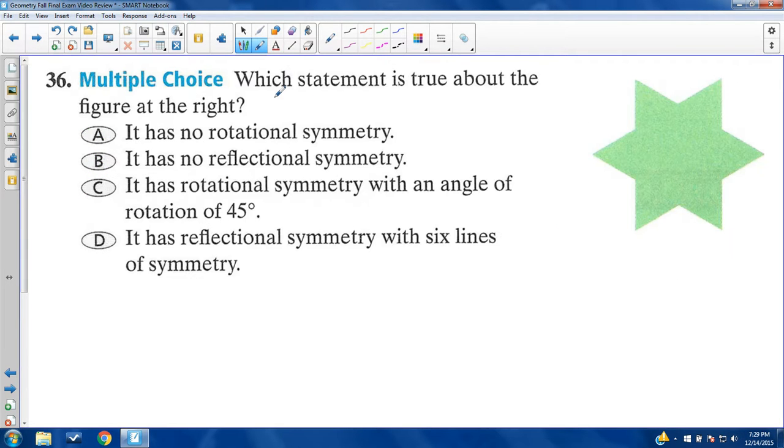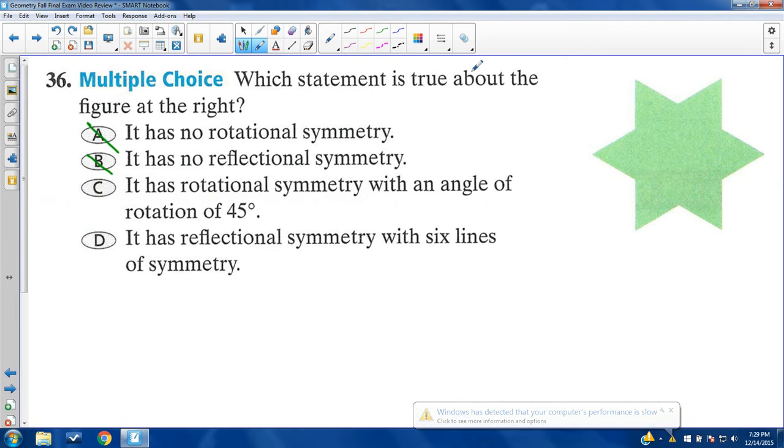Number 36, which statement is true about the figure at the right? It has no rotational symmetry. It has no reflectional symmetry. It has rotational symmetry with an angle of rotation of 45 degrees and reflectional symmetry with 6 lines of symmetry. Okay, I'm going to go ahead and debunk the fact that it doesn't have either of these. I do believe that it does have both of these in the case of when I do